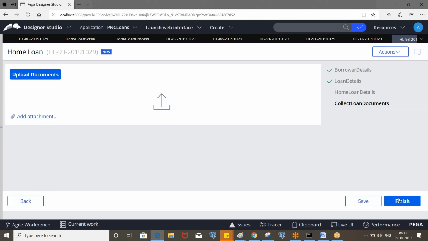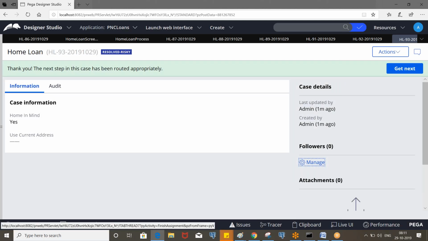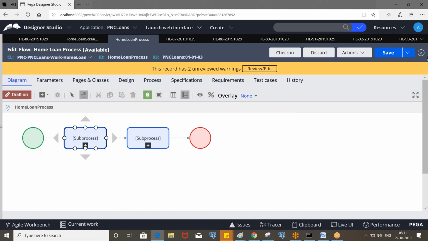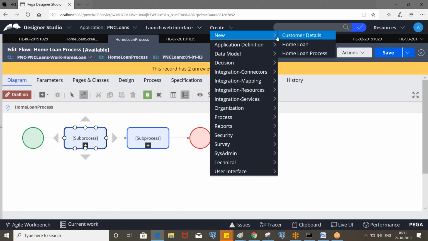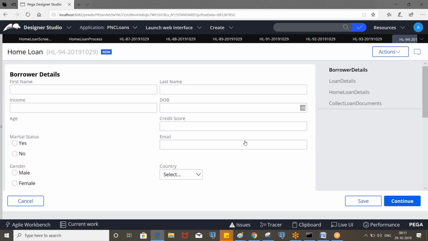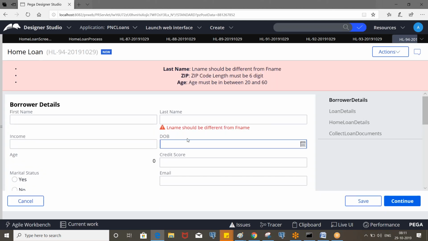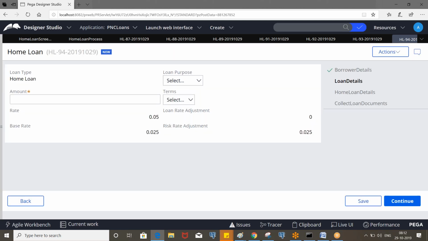And go to the loan documents and click on finish. But we have the OBJ validate rules, and those are not executing, right? So this is the default behavior actually. In the first screen, when you click on continue, validation rules will be executed and you must enter the values. But you can directly skip to the loan details like this.